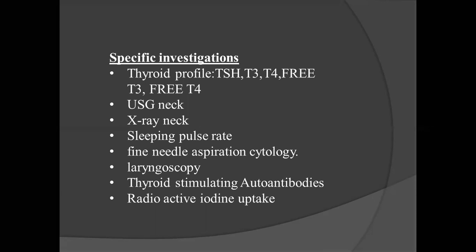Subtotal thyroidectomy is where you remove both the lobes with the isthmus, leaving a sleeve of thyroid tissue in the tracheoesophageal groove. This is just to protect the parathyroids and the recurrent laryngeal nerve. This is not to protect the function of the thyroid. This sleeve of tissue will not be enough to maintain the thyroid hormonal function. So what is subtotal thyroidectomy?